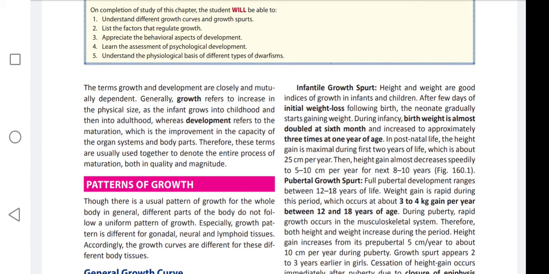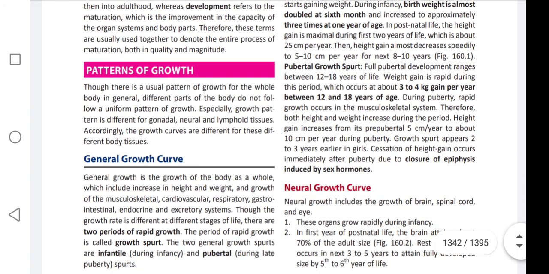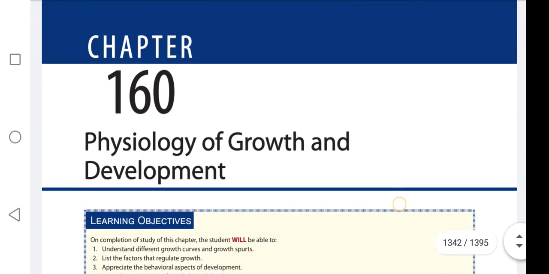What does growth refer to? Increase in physical size. What does development refer to? Maturation and capacity of organ systems and body parts. Growth pattern is different for which tissues? Gonadal, neural and lymphoid. Okay guys, once again I also asked questions in the previous video on the topic